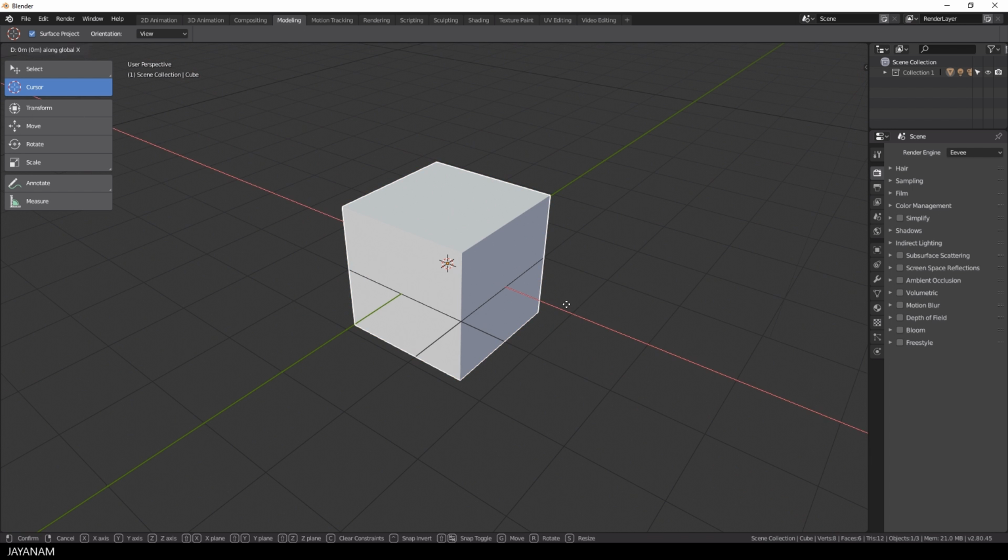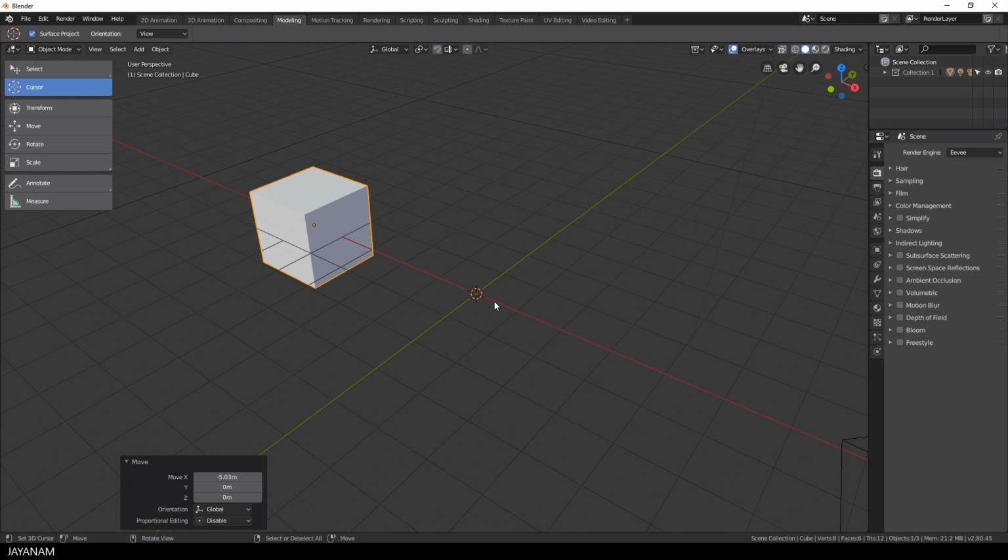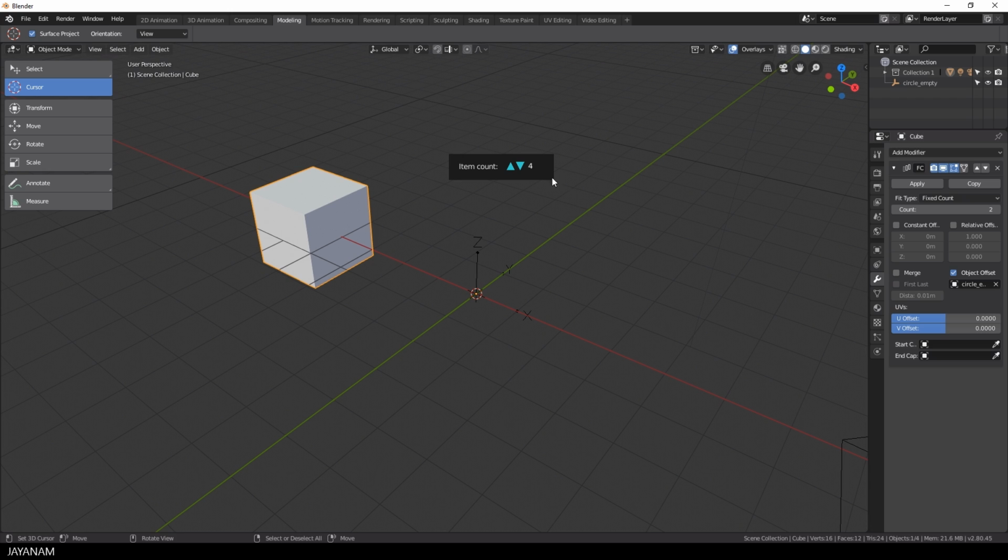I move this cube here along the x-axis, then I press Ctrl, Shift and C. The operator is invoked, here we have the widget and the empty, but of course when I change the up-down value now, the array modifier doesn't change as well. So what we have to do is to implement the callback method, but before I will go for a ride